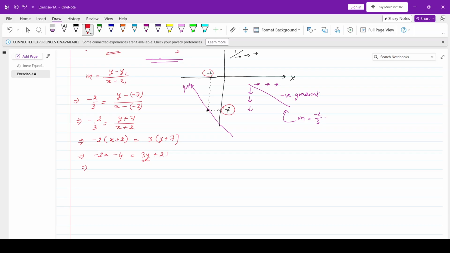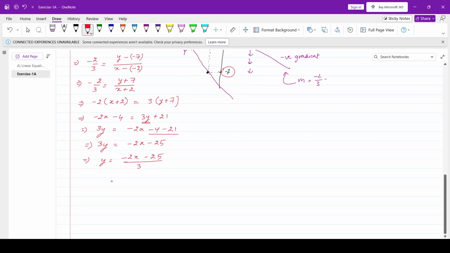Now keeping y on one side and taking everything on the other, 3y is equal to -2x minus 4 minus 21. Now this whole thing becomes -25, and y is equal to (-2x minus 25) divided by 3. Now dividing it further,